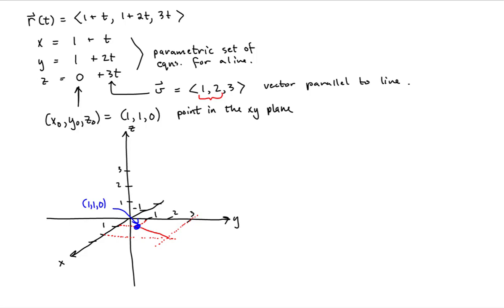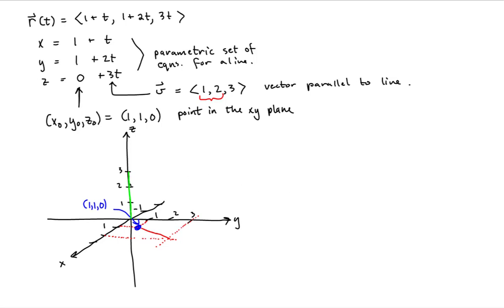Now the z-coordinate of our vector parallel to the line is 3. So that means we have to go 3 units up. Let's take a look at that. I'll just do 3 units on my z-axis. And then let's translate that over to our point in the xy plane. And this is how high we have to go. So now what I'm going to do is connect our point 1, 1, 0 in the xy plane, have it pass through the top of that line and